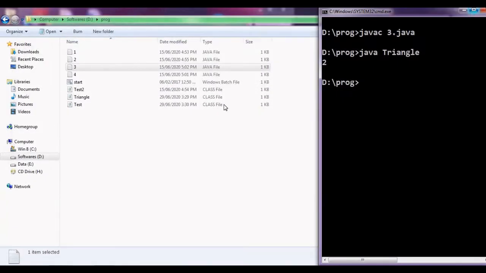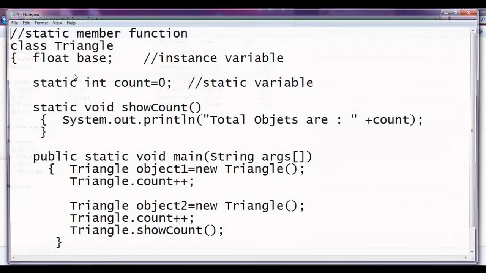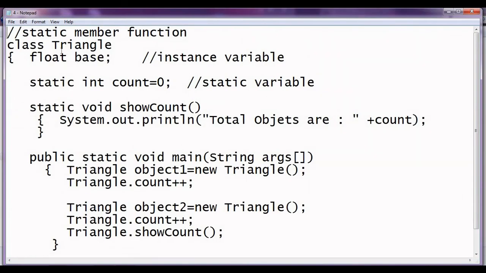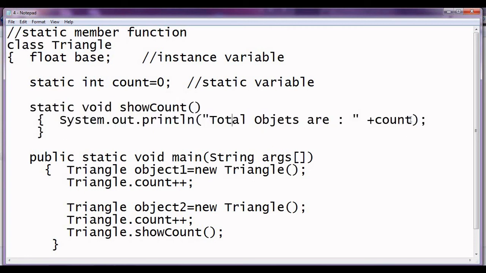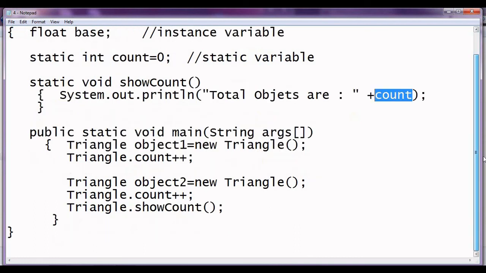Now let us move to the static function. Here we have a class Triangle, and then we have a static function, and in the static function we access the static variable. Here we have the main.